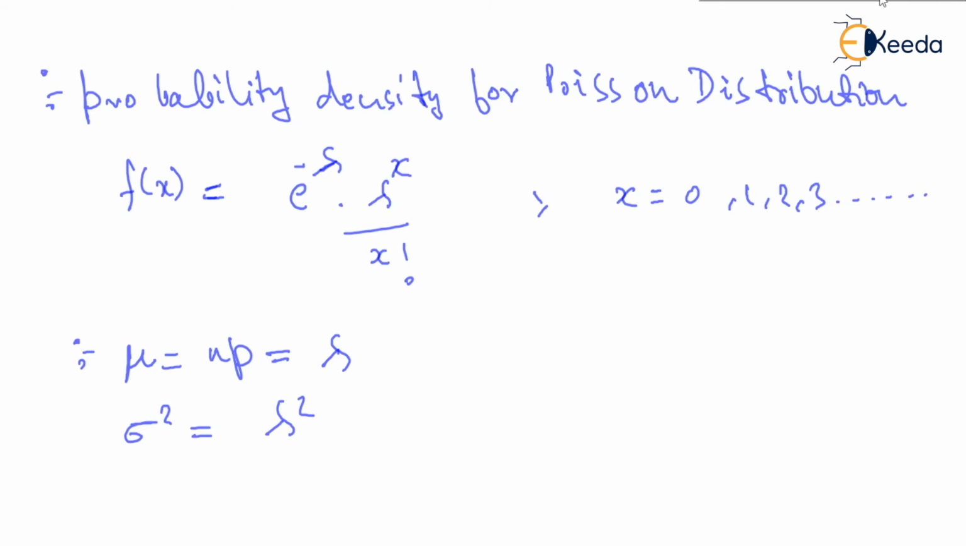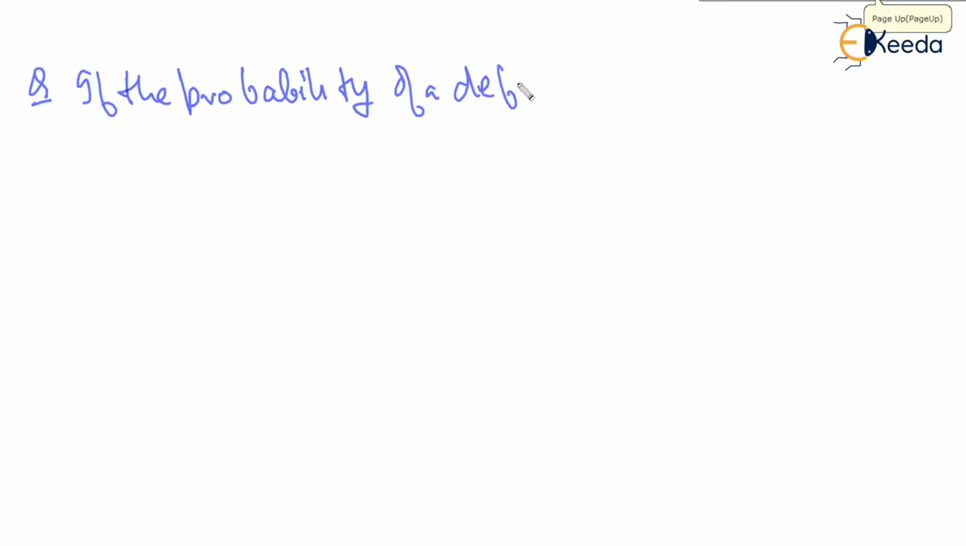So let's see one example on this and try to understand how we have to implement. The question says, if the probability of a defective screw